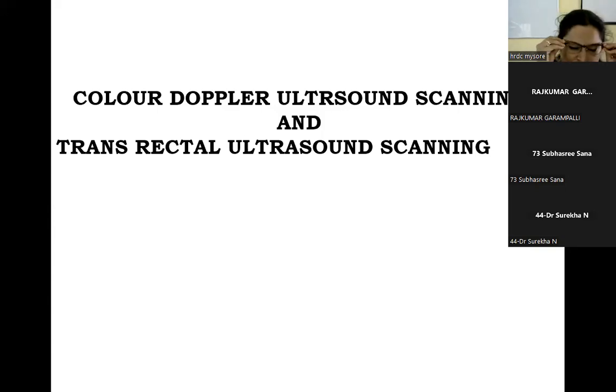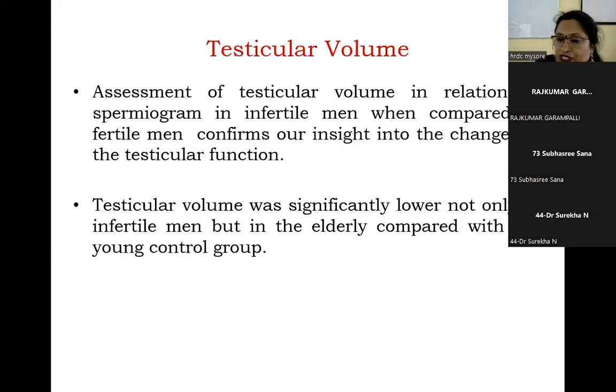After that, even when we look into the ultrasound scan of the male infertile individual, we can see a lot of anatomical changes, and this will be done through color Doppler ultrasound scan and transrectal ultrasound scan. Testicular volume is also very important. We assess the testicular volume, the size of the testis, in relation to the spermiogram. Spermiogram, as I already mentioned, means all the physical, microscopic and functional assessments. In correlation with that, we are assessing the testicular volume, the internal organs, primary organ and accessory organs,